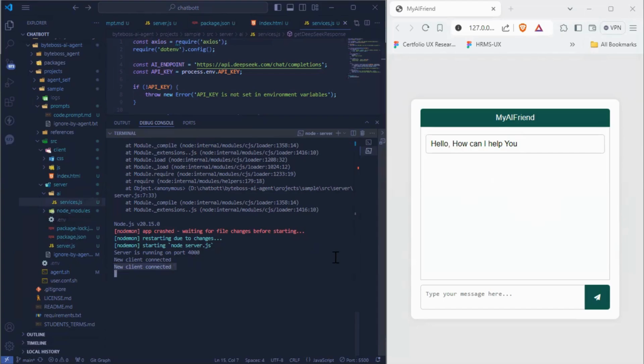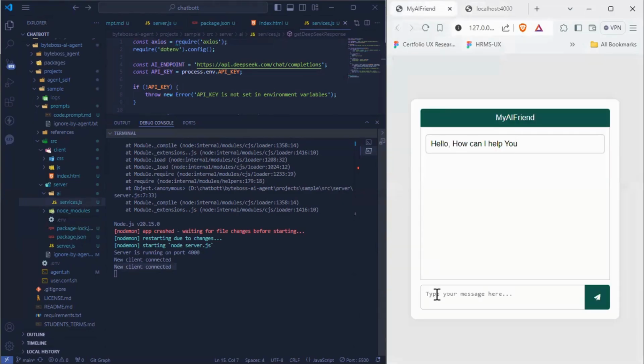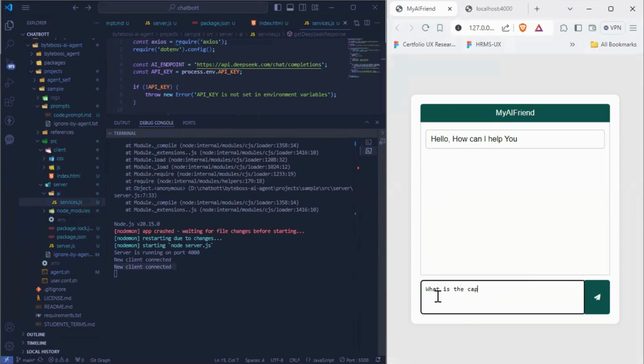Now let me just do a chat and see how the AI services is working and all. And if we have any issues, we'll just fix them. So first of all, I'll open up my localhost just to make sure my server is running. Server is listening for the socket connections, I can see. Okay, so I will go to my client and then I'll ask some questions here, like what is the capital of US? So it says, how can I help you? And maybe I could have just said, hi,